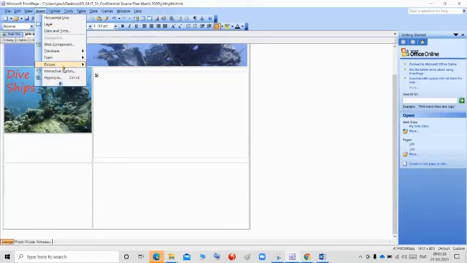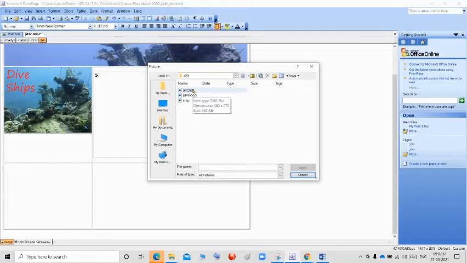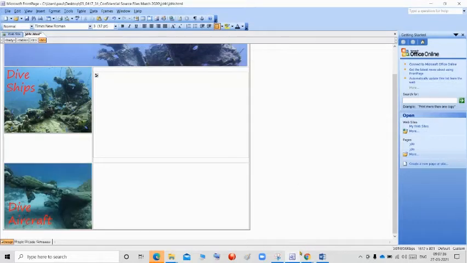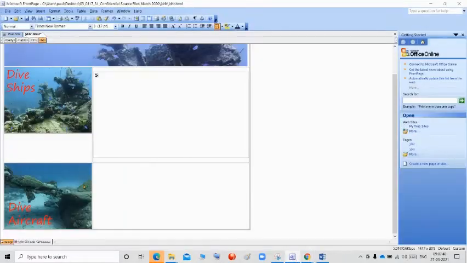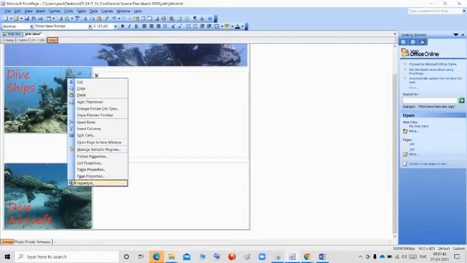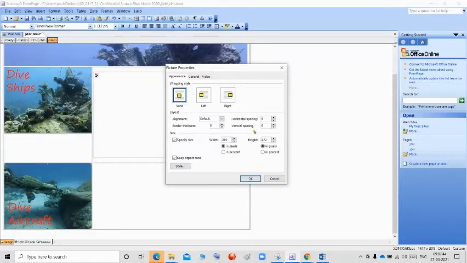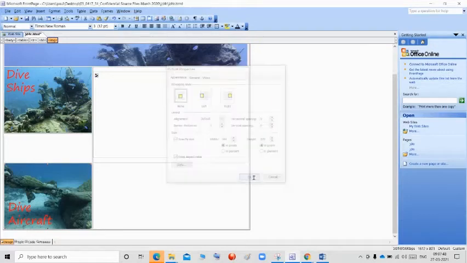Go to Insert, Picture, From File, and aircraft. Aircraft is there. Click this and insert. And check what ratio they are giving in the cell: 360 by 270. Select this, right click, go to Picture Properties, 360 and 270. It is correct. No need to change. And click OK.